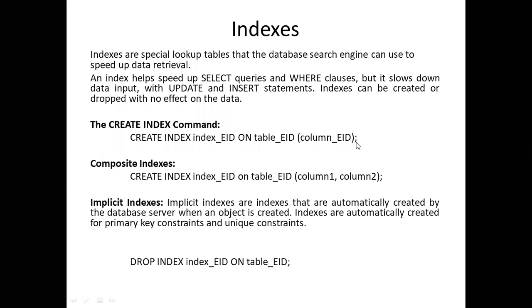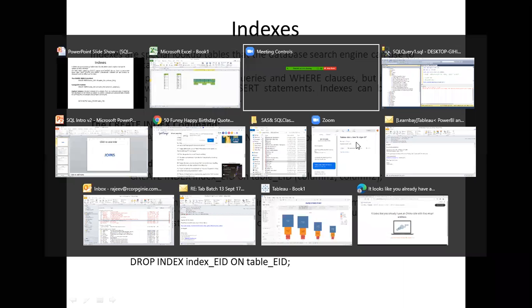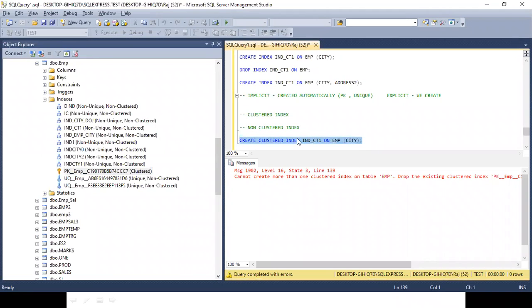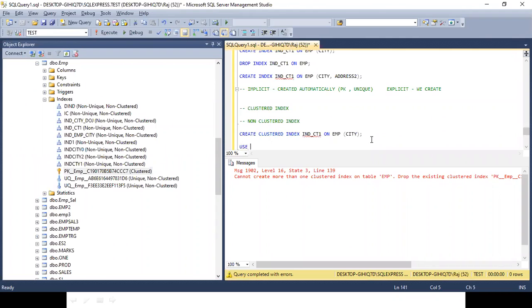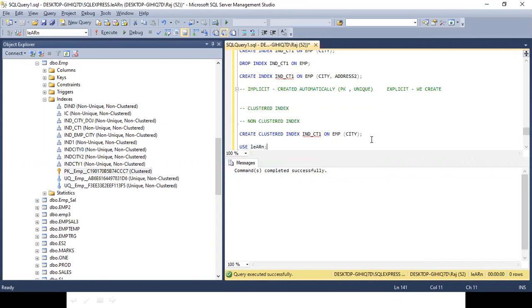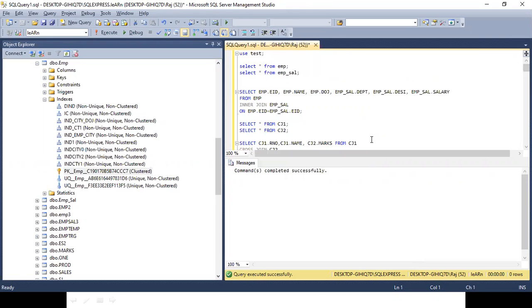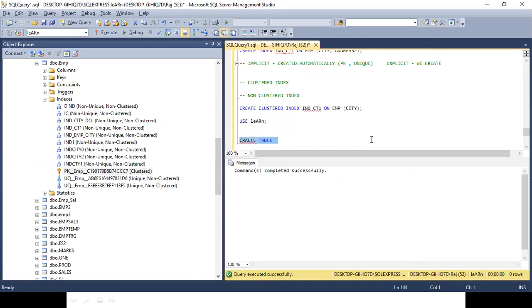Okay, sure. Can you please show an example of creating the clustered index? Okay, if you want, I can do it once again. I showed you it. Here it is. Create clustered index on this, and it gives me an error. So, like in that table there's already one clustered index, right? I will show employee ID. I will show that thing. Wait.